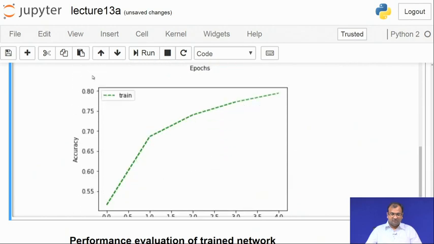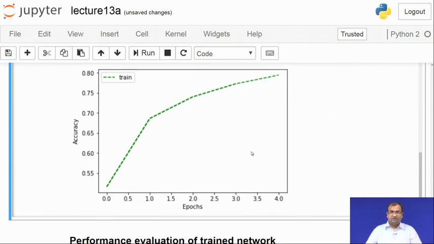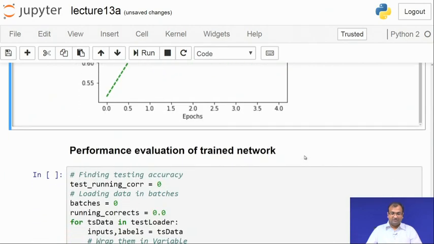This accuracy is not in percentage but on an absolute scale of 0 to 1. You can see that it's close to 80% accuracy just by training for 5 epochs, and that's amazing because when it was not trained, it started around 50% accuracy, which is just random chance of classifying anything as anything else. And going from 50% accuracy to about 80% is not that bad with just a